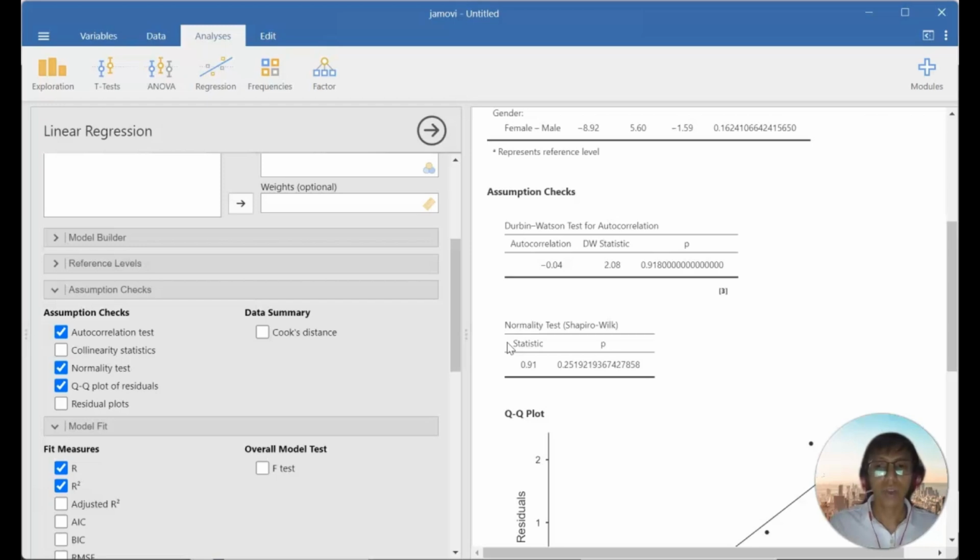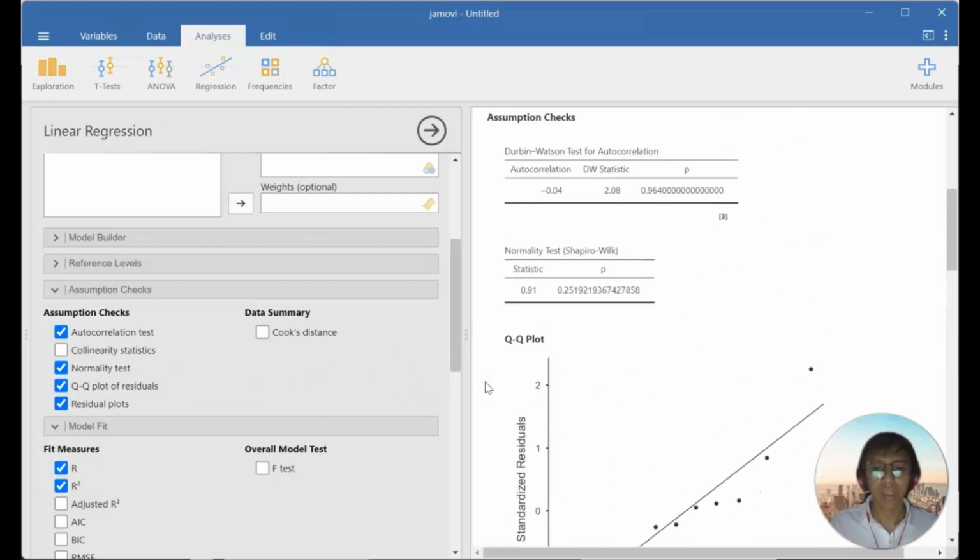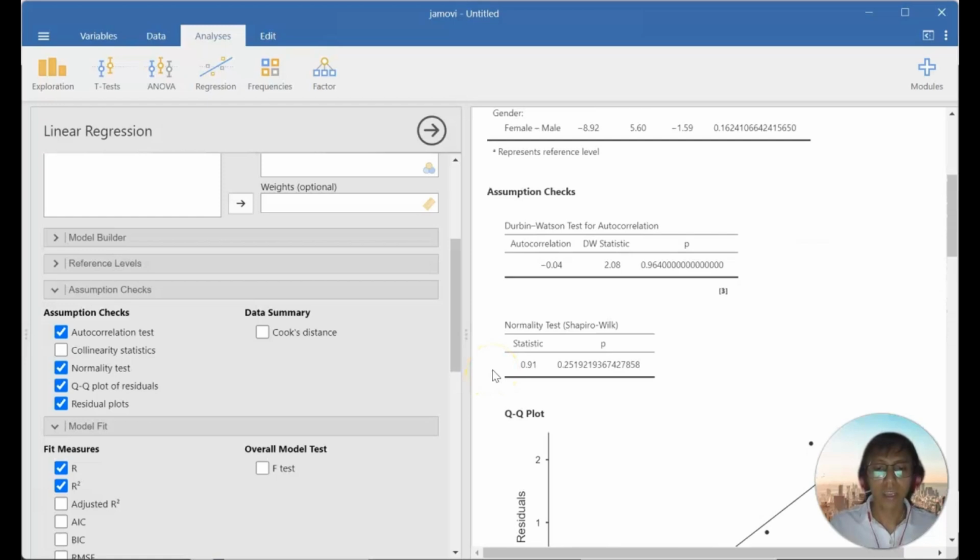Homoscedasticity: the residual errors should have constant variance. The normality of residuals: the residuals should be normally distributed. You can check these assumptions in the residual plots under the plots tab.